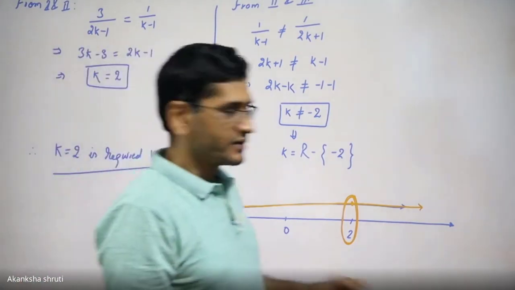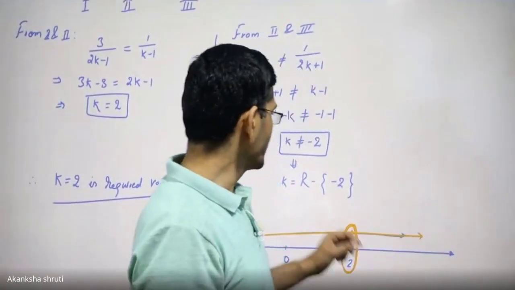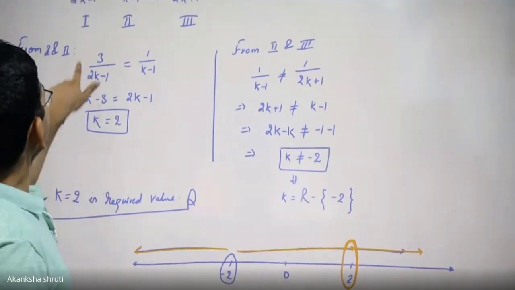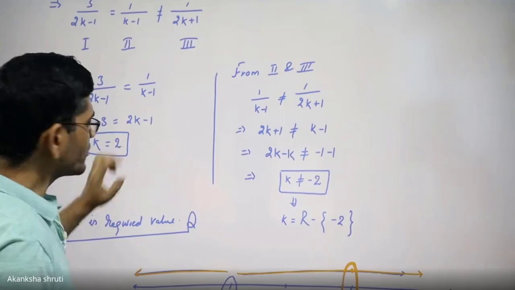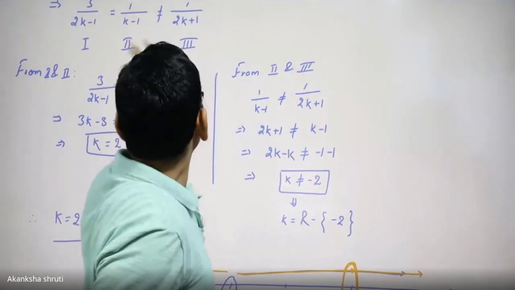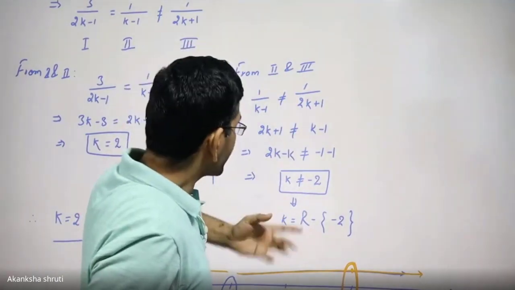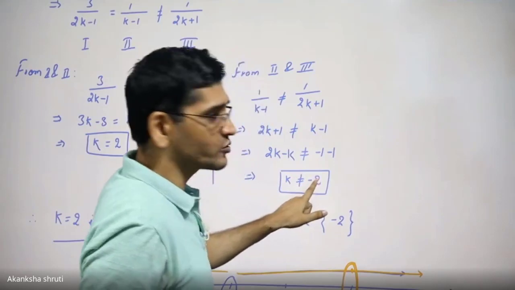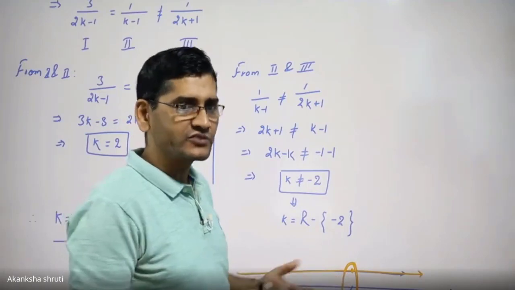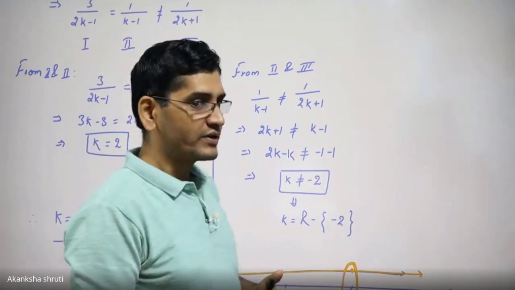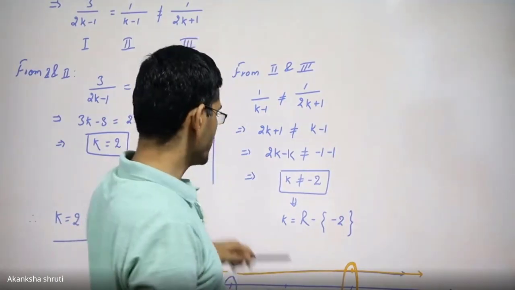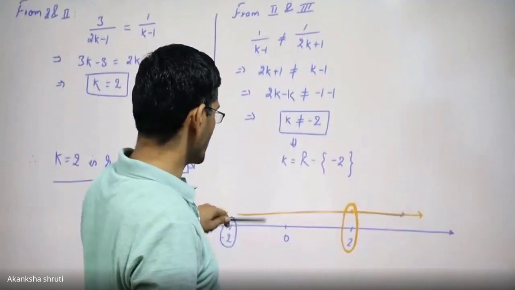Students, in some other question, in many situations, you will get from the first and second that k should be equal to 2, and from the second and third, or from the first and third, you are again getting k should not be equal to 2. At that time the value of k is not possible. That situation we will also come across. वैसे भी आपको बोर्ड में पूछे हुए हैं, previous year paper that I will take tomorrow or day after tomorrow, then we will do more practice.